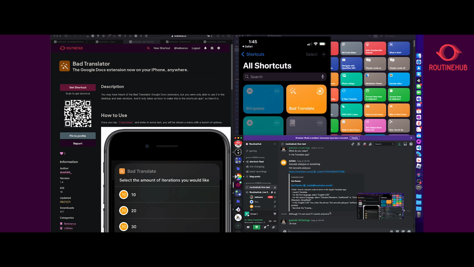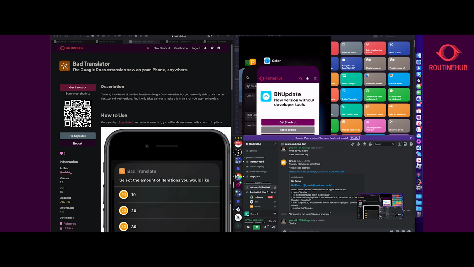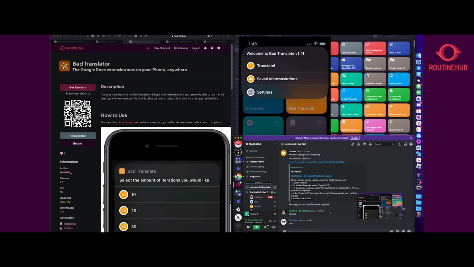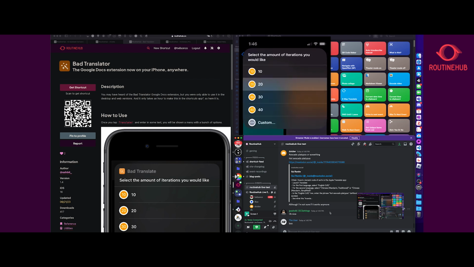You can see the shortcut keeps on blinking. It's like iCloud syncing is just kind of losing its mind. I'm not sure here. Is it still trying to run your 40 iterations? Yeah, maybe that's what it was, but it's still going. And usually that blink indicates that there's a change and it blinks to let you know that it's synced to the server. Let's try, oh, this guy again. I've actually never seen one. Here we go. It's going to be hot avocado platypus. 20 iterations.